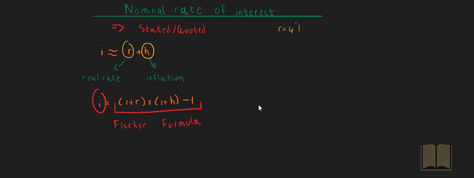If the real rate of return is say 4% and the inflation is 6%, this approximation will give you a nominal interest rate answer of 10%. If the Fisher effect is used to calculate the nominal interest rate, then it will equal 1 plus the real rate of return, which is 4%, multiplied by 1 plus the inflation rate, which is 6%, minus 1. And this gives you